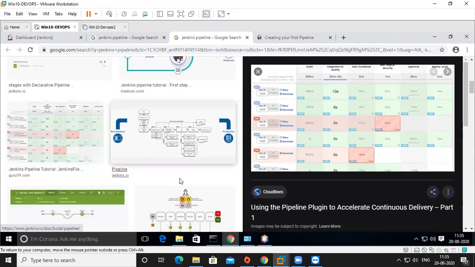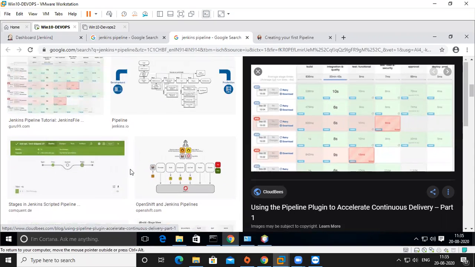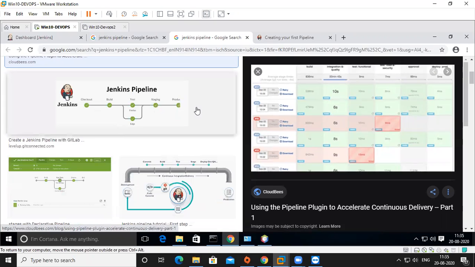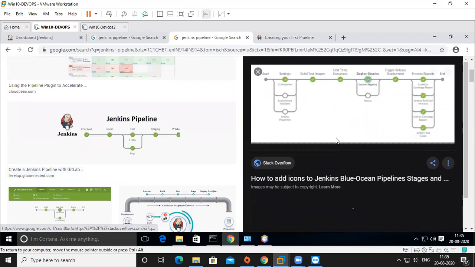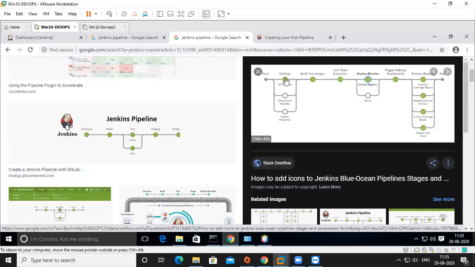Actually, the meaning of pipeline is flow, maintaining a flow. You can see checkout, build, test, staging and production. The Jenkins pipeline is like this. You can build multiple things in a single stage, or you can declare every stage one by one, or you can make each stage contain multiple stages.